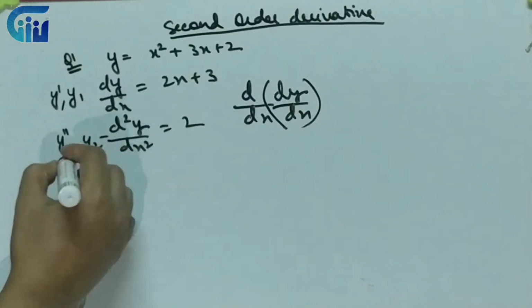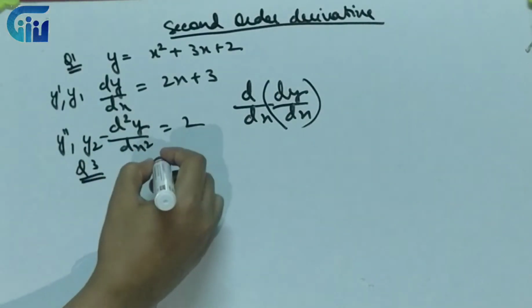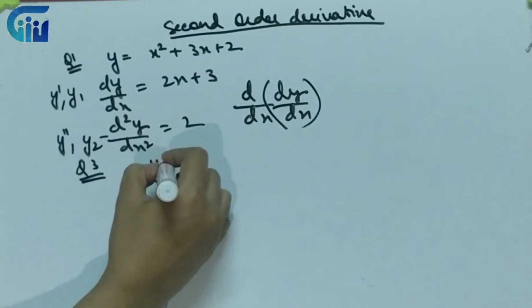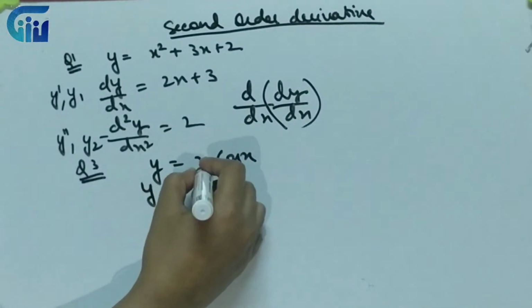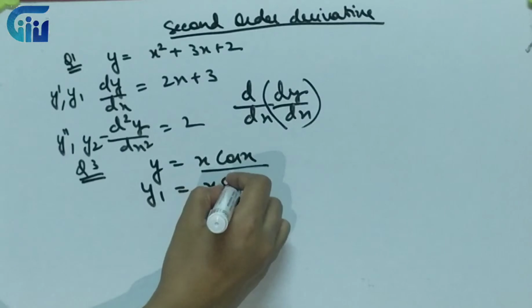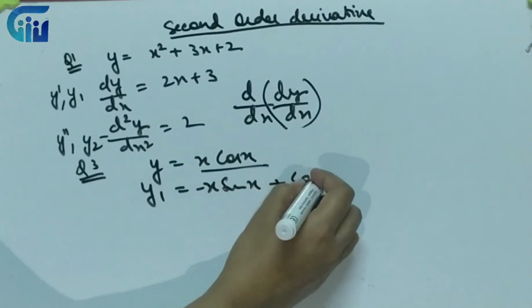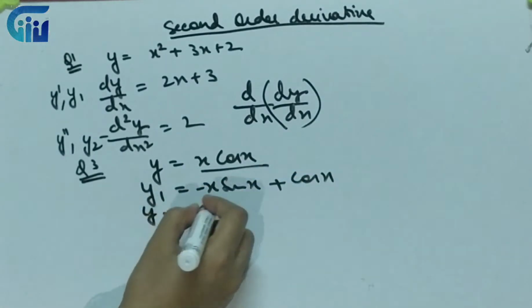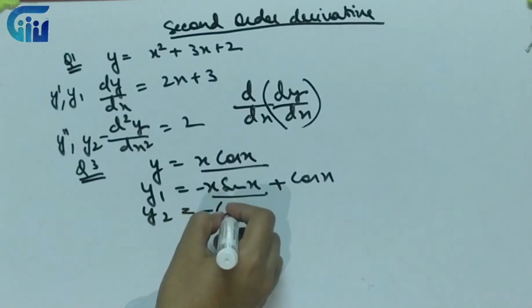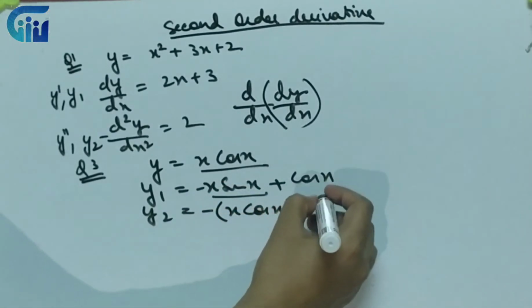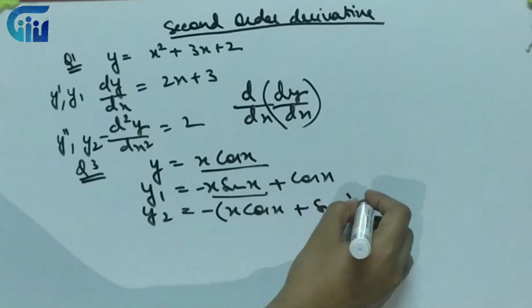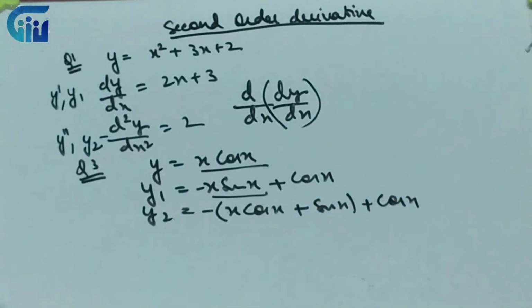So moving on to question number 3. Question number 2 is a simpler question. Everybody can try that. So this is x cos x. The derivative will be, if I use product rule, x as it is, derivative for cos x is minus sin x, plus cos x. Now if I differentiate it again, I have to use product rule here again. So it will be x as it is, derivative for sin x is cos x, plus sin x as it is, derivative for x is 1. So this will be the answer for the second derivative.